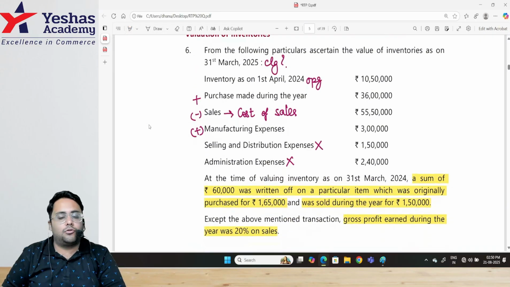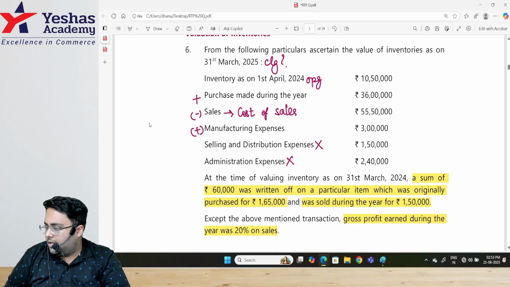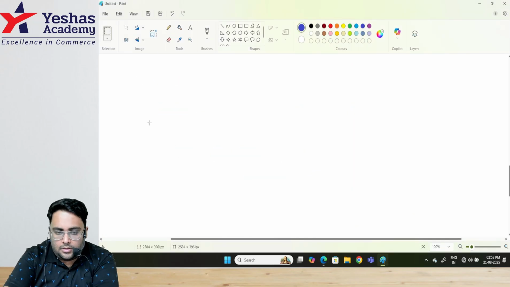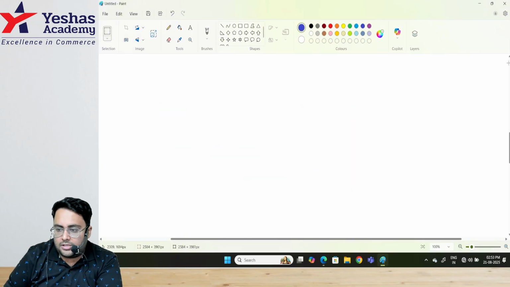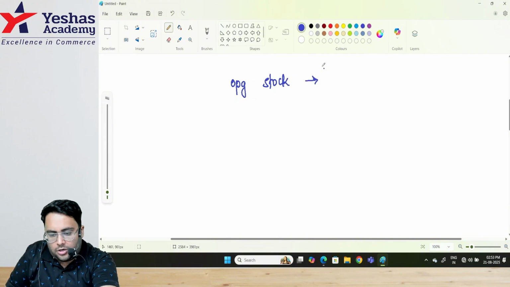Can you find out the value of closing stock? I give you all 2 minutes. Try to find out. Online students, again, pause 2 minutes, calculate, then check the answer. Okay, I'll go ahead to solve this question. Beta, you first tell me what is the value of opening stock. All of you check and tell me how much is your opening stock. Your opening stock is at